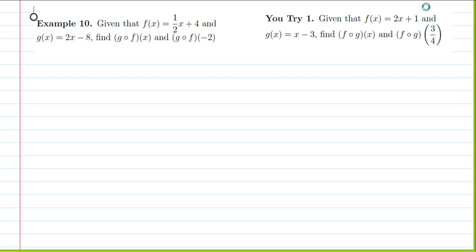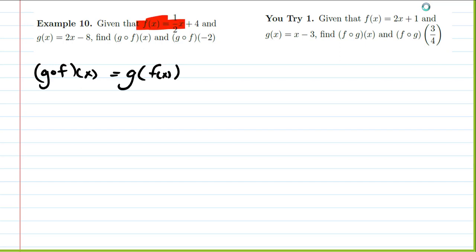Given that f of x is 1/2 x plus 4 and g of x is 2x minus 8, find g circle f of x and g circle f of negative 2. So when we have function composition, it's always the second function going into the first function. So when we write g circle f of x, that means we are going to be putting the function f into the function g. So in this case, we're putting f into g, so we end up with the following: